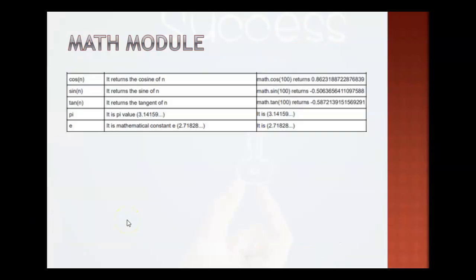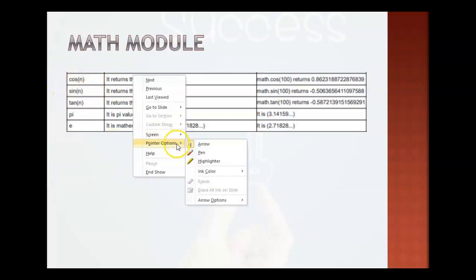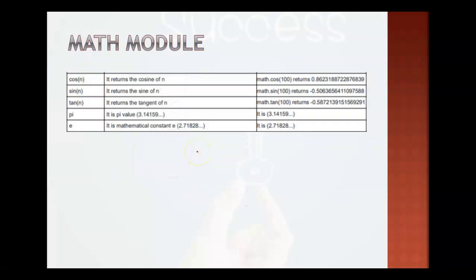So next we have the cos function. So we have sine, cos and tan. Okay, so these three functions are there. These are the trigonometrical functions, sine, cos and tan. So cos is there, so this is going to find the cosine value. So Math.cos and then you will give the value here. Then sine is there and then tan is there. They all are going to work in a similar way.